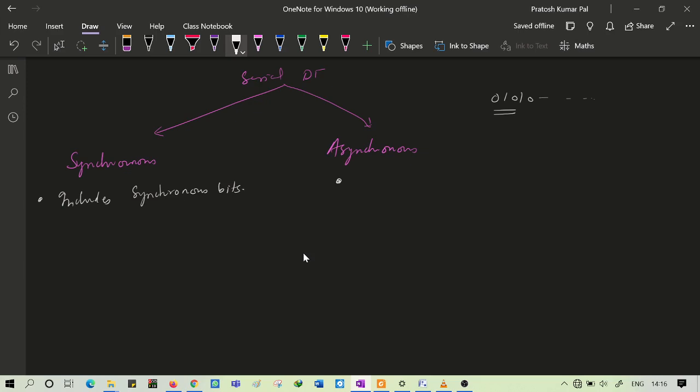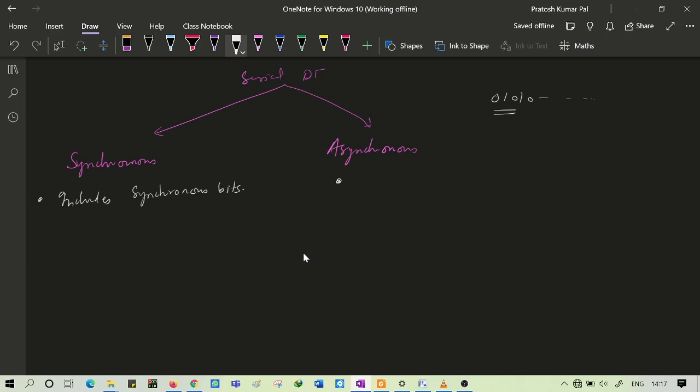In case of asynchronous, it is not a synchronous type of data transmission, but it includes some start and stop type of bits. If data is being transferred, a particular bit or combination of bits will activate the transmission from there onwards. So if the start bit has been received, then whatever data comes will be considered as data by the receiver. And if the stop bit is received, then it is the end of data transmission.